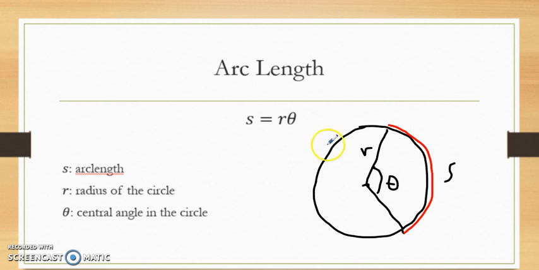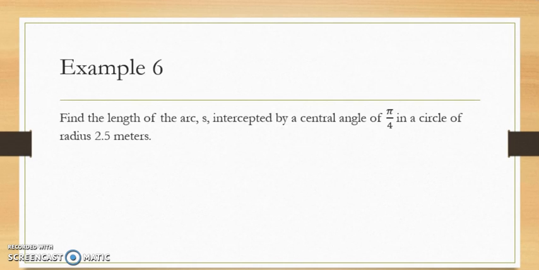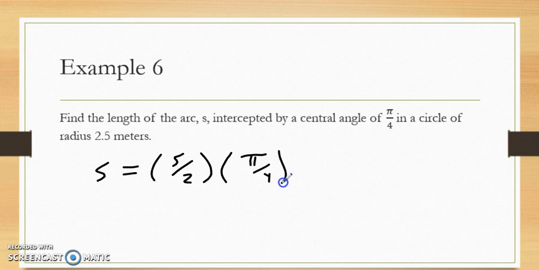For these questions, you just want to make sure that you plug the correct numbers into the right spots and then solve for whatever's missing. Don't make the mistake of always multiplying the two numbers they give you. They're not always going to give you the radius and the central angle of the circle. This example is asking for the arc length, so I'm going to set up S equals the radius, which is 2.5, but I'm going to express that as the fraction 5/2, times the angle of pi over 4. If you multiply those two together, you're going to have 5 pi over 8. If you did that as a decimal, it'd be approximately